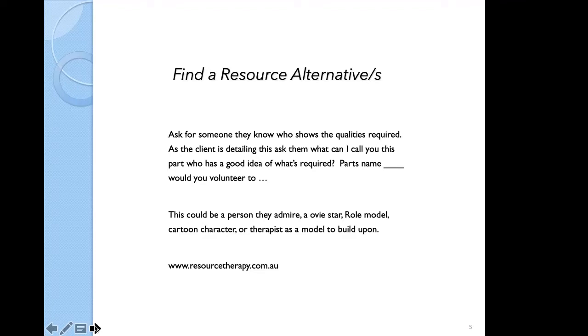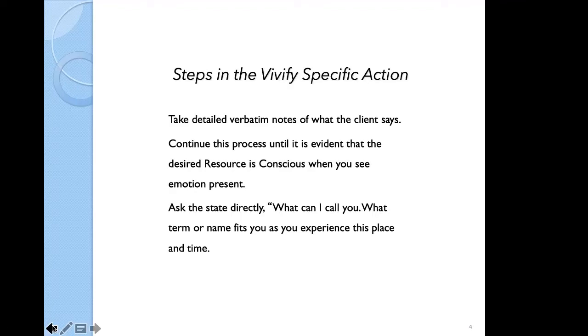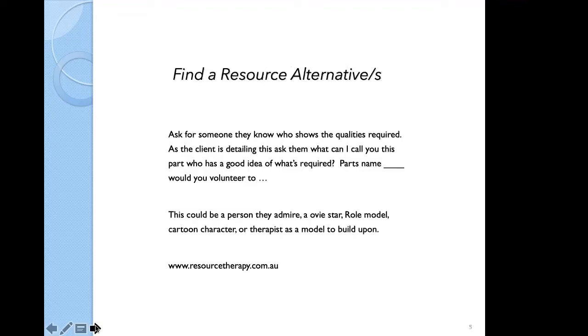And would you be willing to help John in social situations where he's meeting new people, because you seem to know what to do, and that we ask the other part to volunteer if it will. Of course, we hope it says yes. Most often it does. If it doesn't, then you might need to go a step further, and that is with